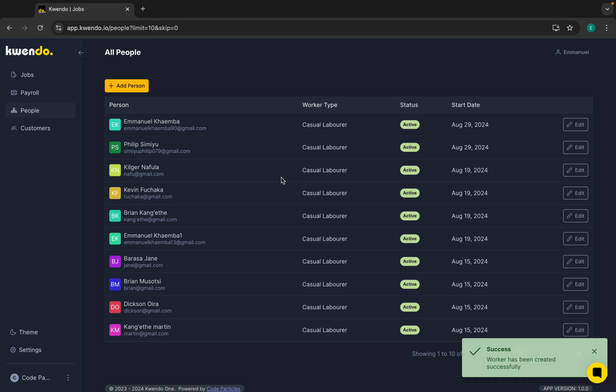Point to note, whatever I'm doing is only done by the manager, the owner, or the administrative staff. So you as an attendant will not be able to do this. I'm creating a scenario whereby you are being added to the team. So now we have our new member right there, Emmanuel Khaemba. Officially now you are part of this car wash called Particles. So before you do anything,